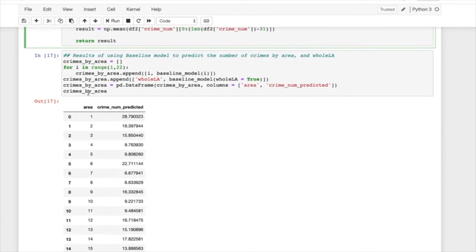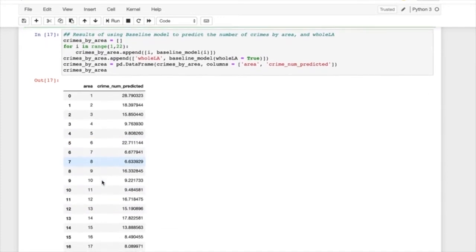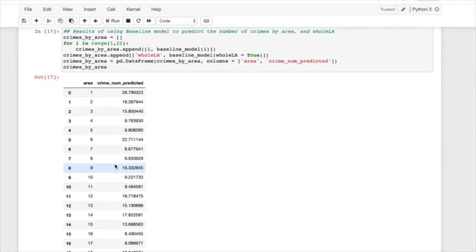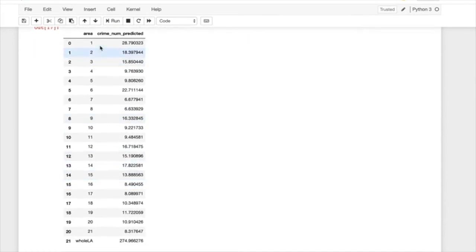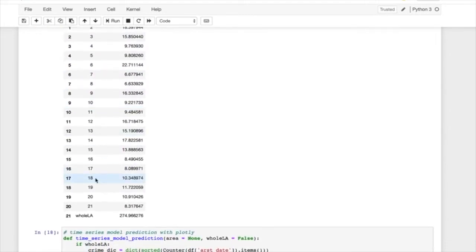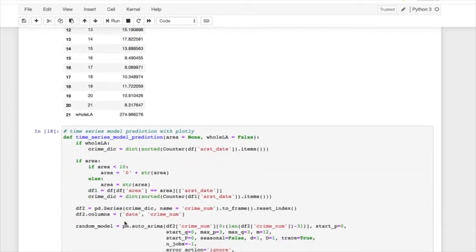And here's the prediction result, which is simply the past data's mean. We can see that from 1 to 21, it's pretty interesting that areas 7 and 8 have a pretty low number of crimes. And for the whole LA we have on average